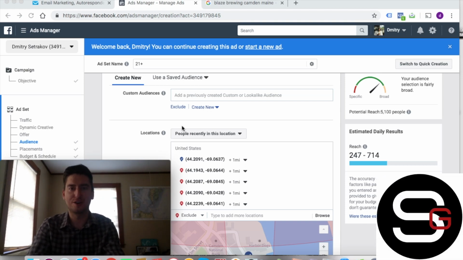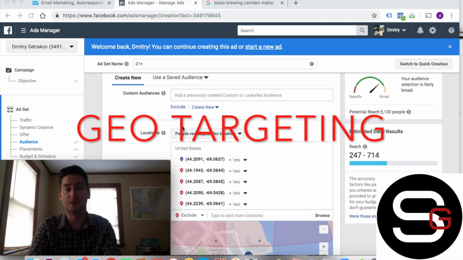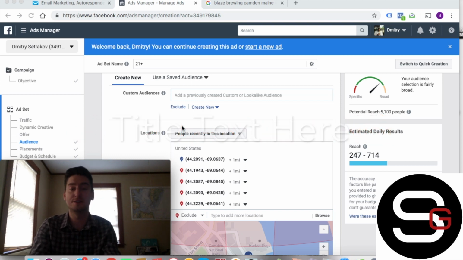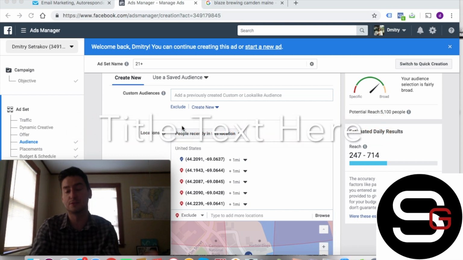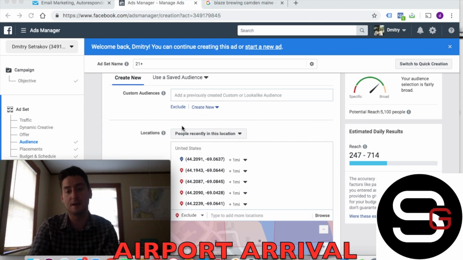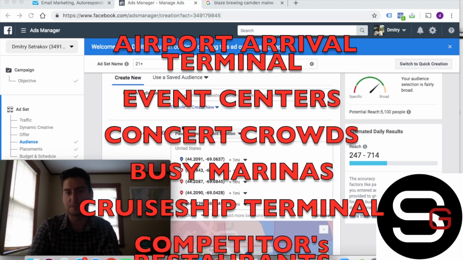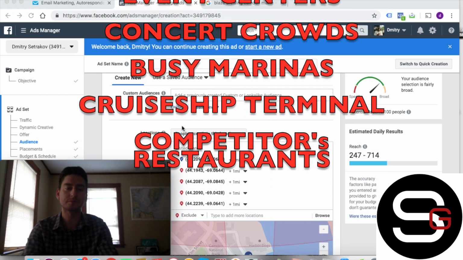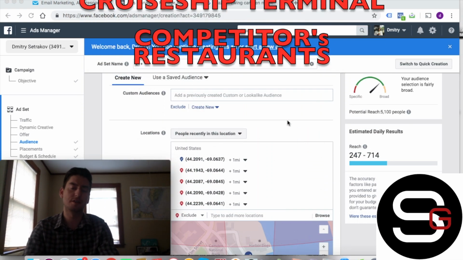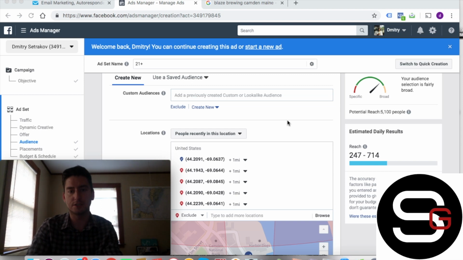I wanted to share an awesome, killer strategy with you guys today about how you can take your competitors' clients and take all their traffic, all their customers, and bring them into your restaurant and fill those seats up. It's called geo-targeting or geofencing, where you're allowed to use Facebook's technology to actually zoom in on such a hyper-targeted area, such as a city block or even an office building, or even more specifically a part of a building. So I wanted to give you guys a quick glimpse at this strategy and how you can apply it